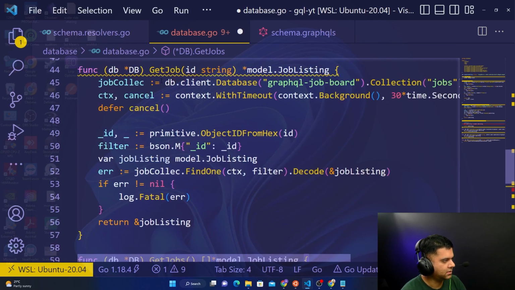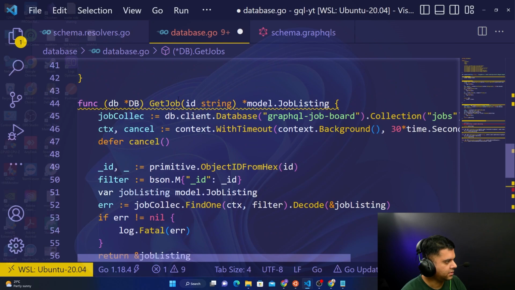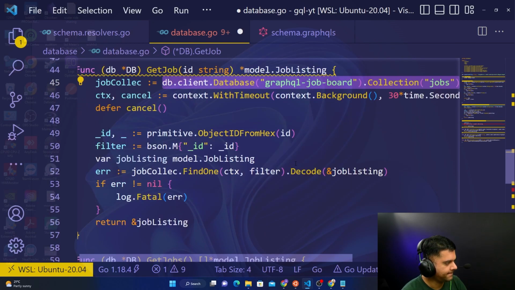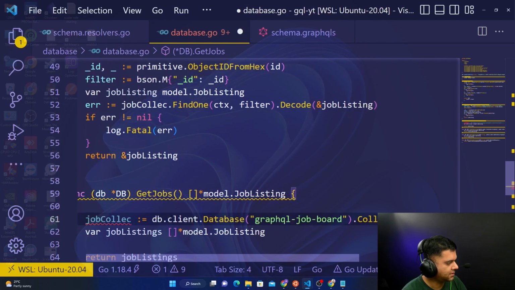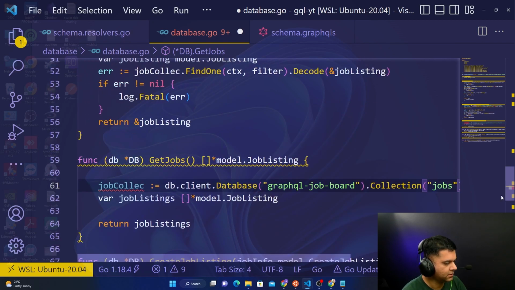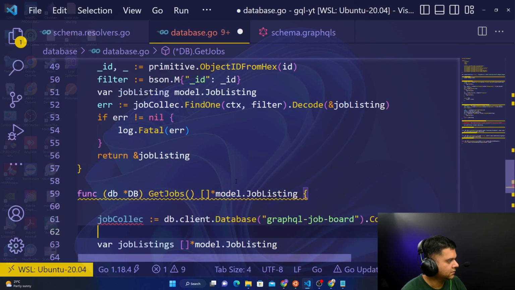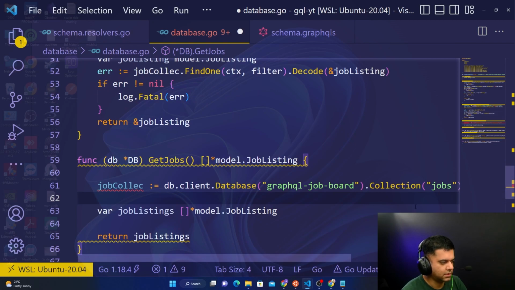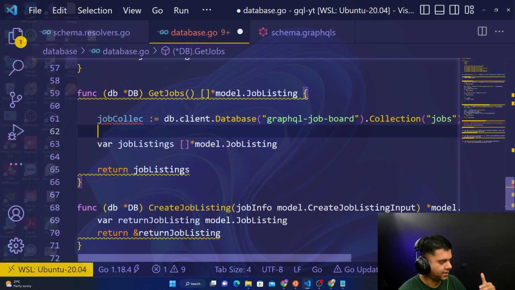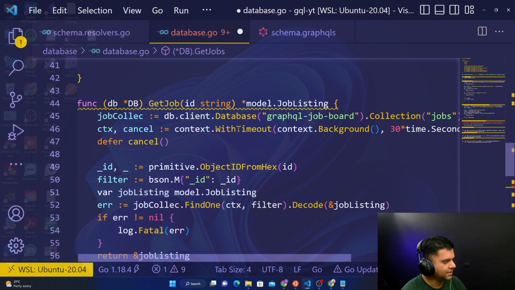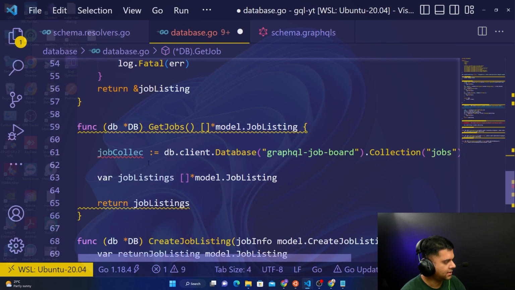So I want the same thing, so I'll copy and paste it here. In case you're new to Golang, don't copy and paste stuff if you're new to Golang. Okay, get used to the syntax. All right, so in the sense, type everything out when you look at this code. Type along with me, like code along with me, rather than copying and pasting. Now similarly, I also want the second line and the third line, so I'll copy and paste that as well. Okay,